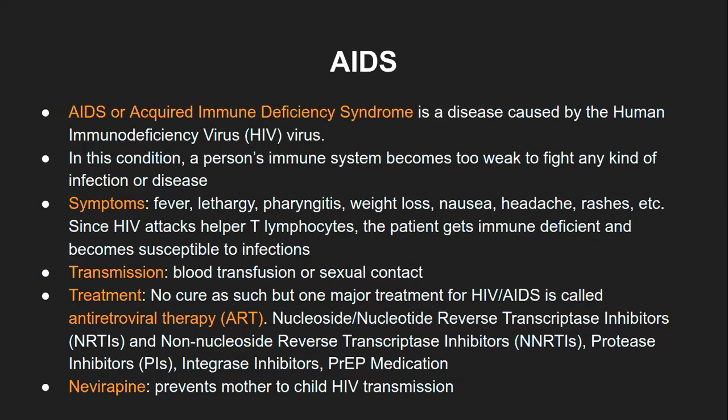In this case, the most important fact is people don't die of AIDS. People die of the diseases which are caused during the AIDS phase, because our body's immunity is so low because of this virus. Then I can get a tuberculosis infection, or any other viral or bacterial infection, and my body is not able to tackle that infection. Then I will die of that infection. So usually a human being does not die of HIV, of AIDS, but of a secondary infection which happens after the HIV infection.